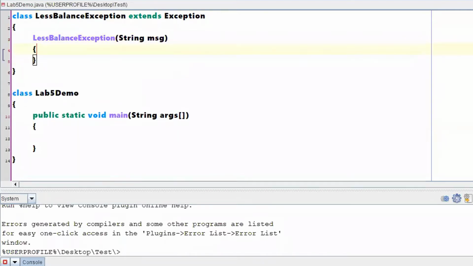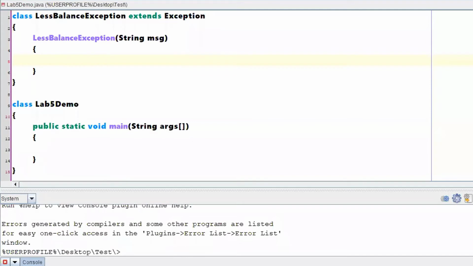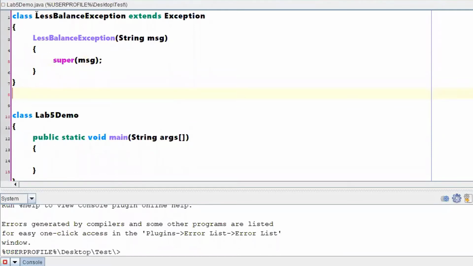If you were clear with the last program, you will have a better idea of what I am writing, right? So why did we write super of message? Because we wanted our exception to be printed by printStackTrace. Clear? Yes. So we are done with one class, that is the user defined LessBalanceException class.